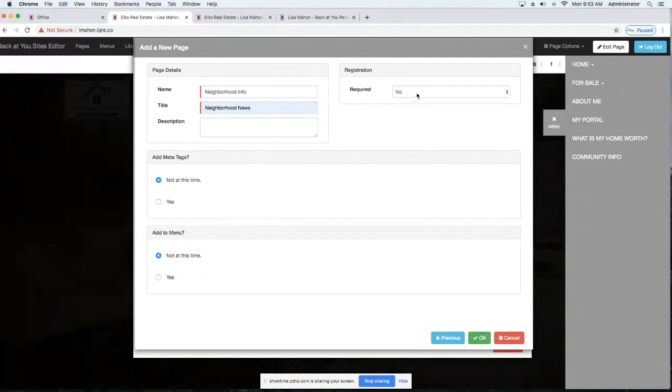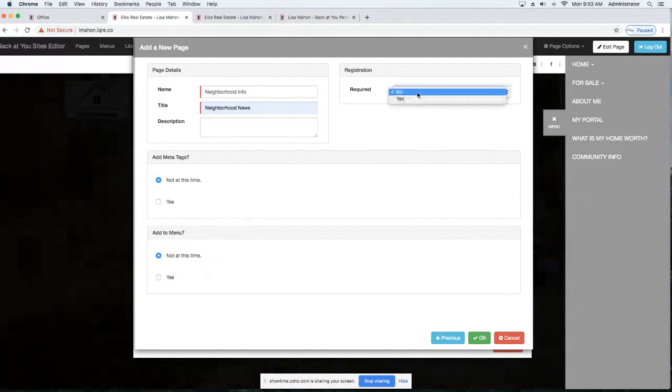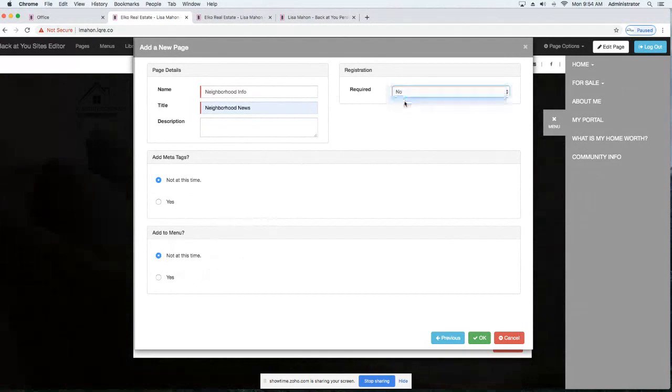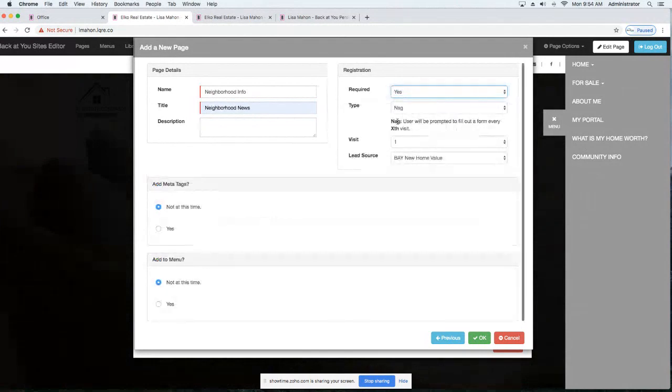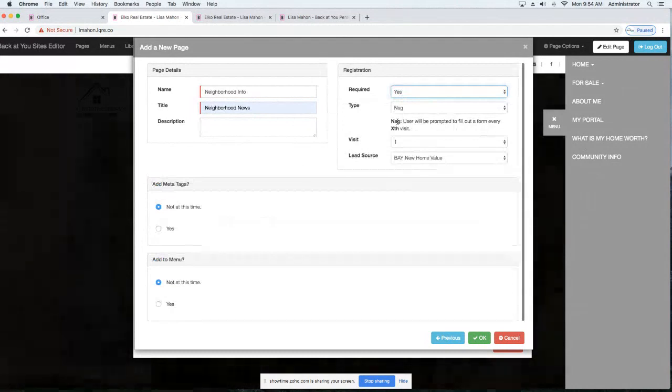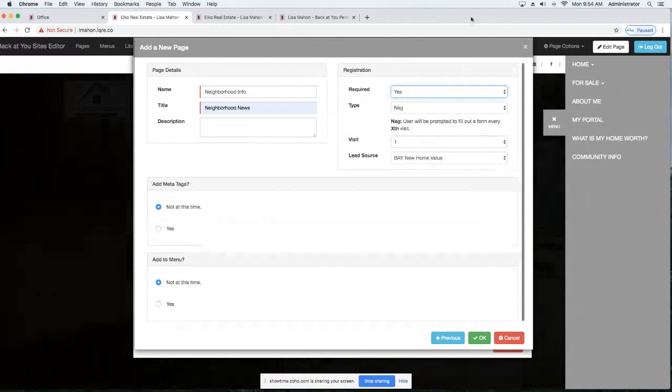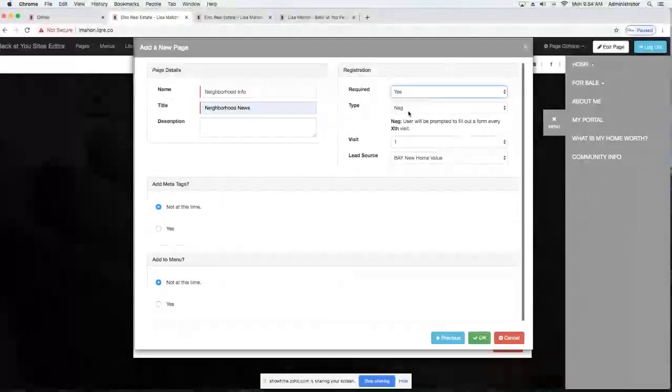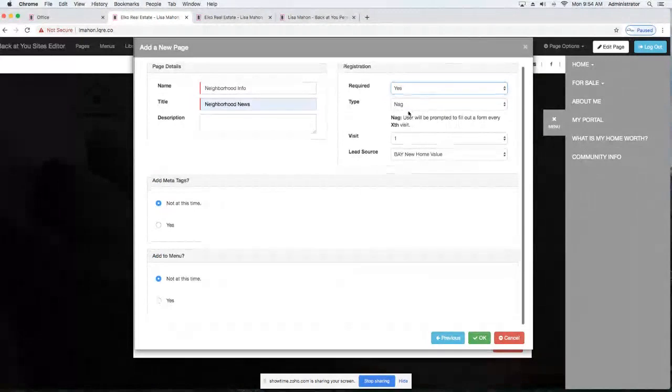And then up here, you can have a lead capture for your page. So if I select yes, then it's going to create a pop-up lead capture when somebody goes to this page. So you have options that you can set for this. I can say I want this to have a pop-up lead capture, and then it's going to ask me how often. So by type, it's really asking you, and if I click down here,